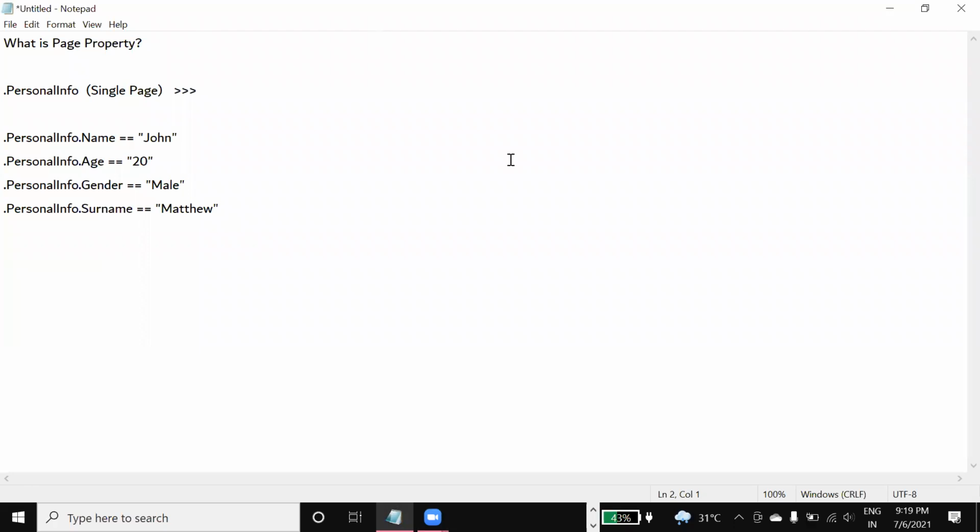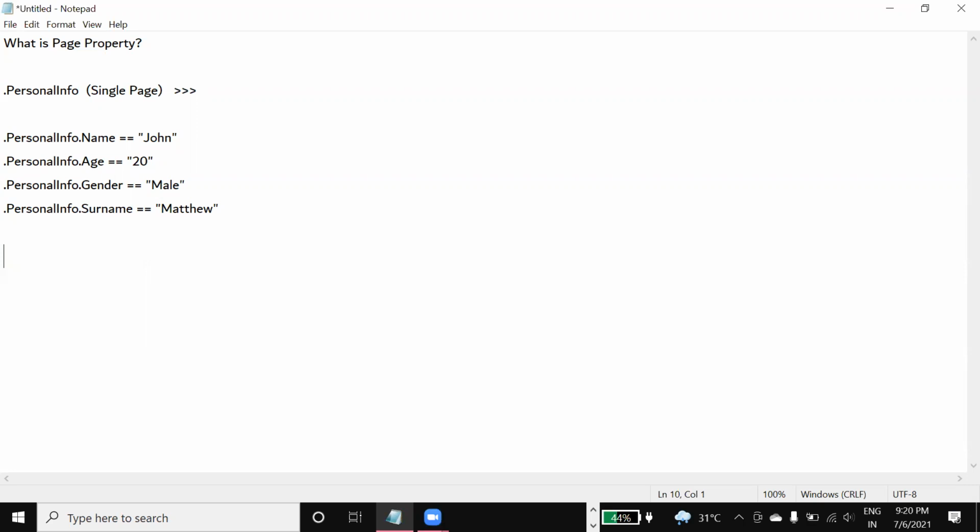So let us see how to create a single page property. Before that, we have another point to discuss. The purpose of a single page property is to store a group of single value properties related to common data. Let's say I want to capture the personal info of a person.